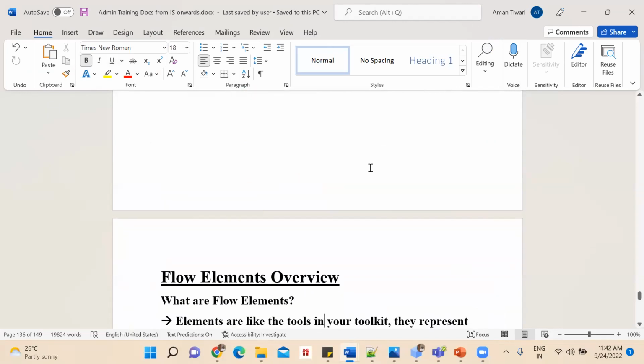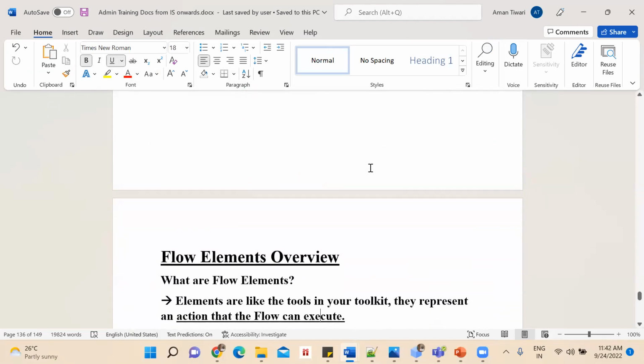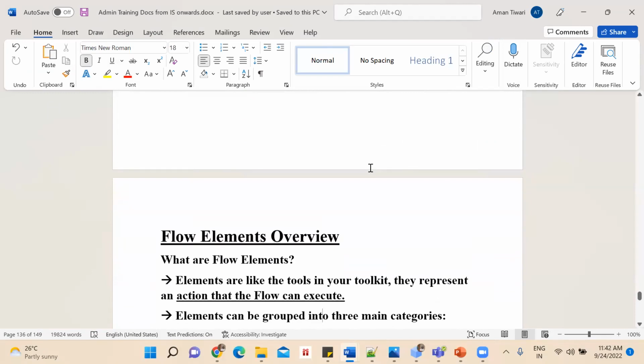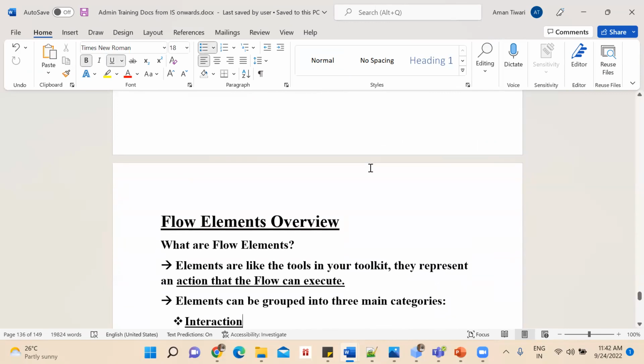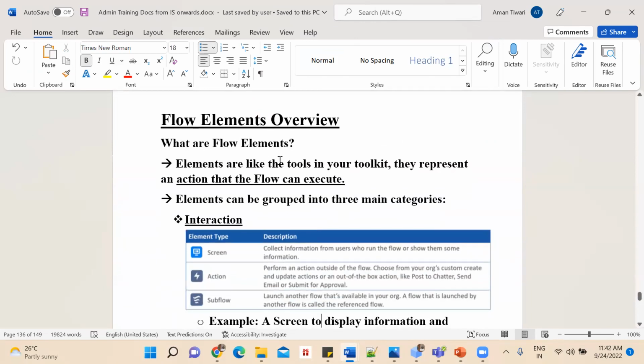So now we will go ahead and understand what the different flow elements that are available are. Before I tell you about the different types of elements, we'll understand what an element is. Elements are like the tools in your toolkit that help you to represent an action that the flow can execute.